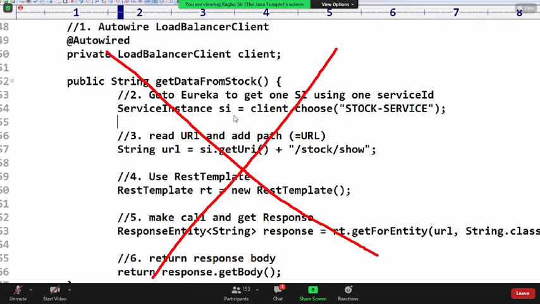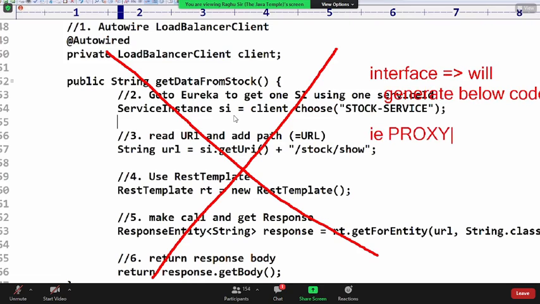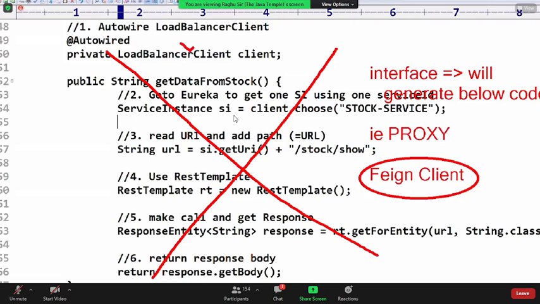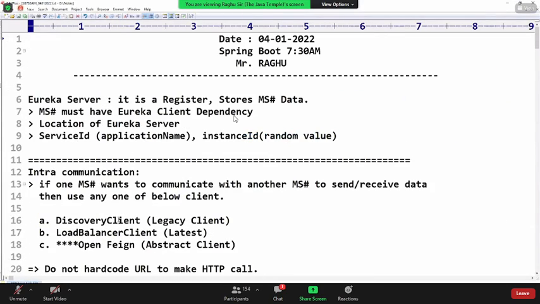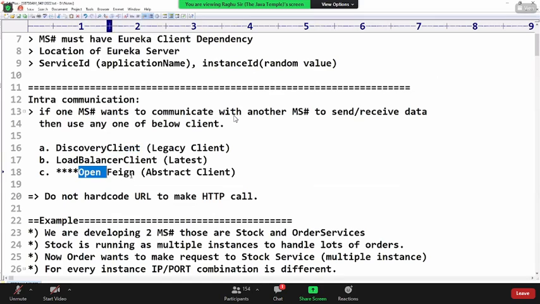We actually write one interface. That interface will generate the code below. That is called a proxy, that's actually called Feign client. That is mostly used in real time. LoadBalancerClient I have taken just as an example. DiscoveryClient is completely outdated. In real time only one client is used, Feign client.